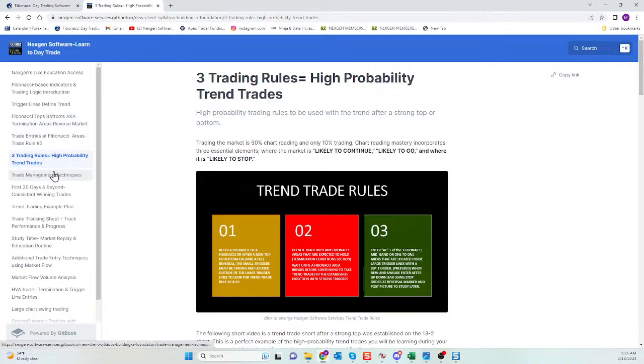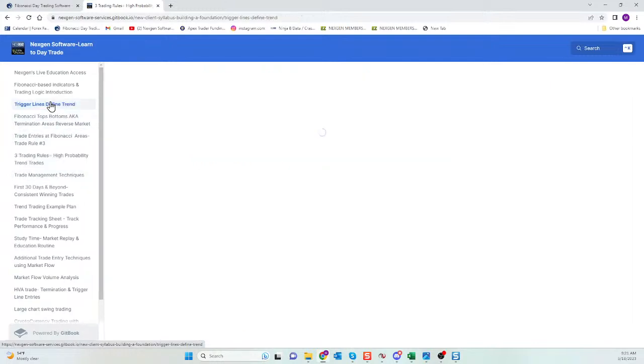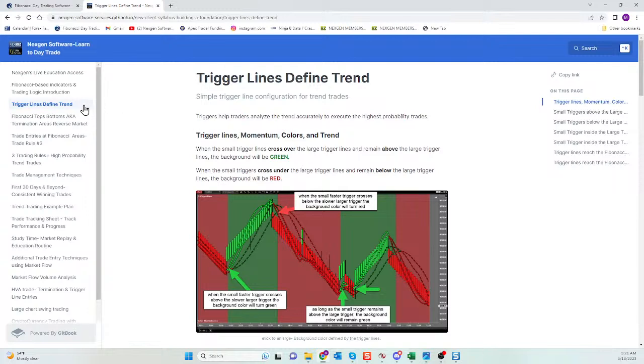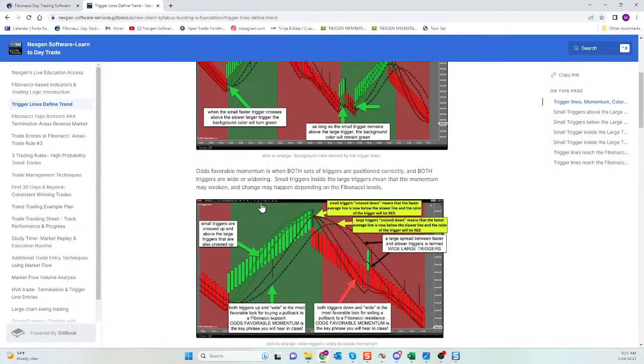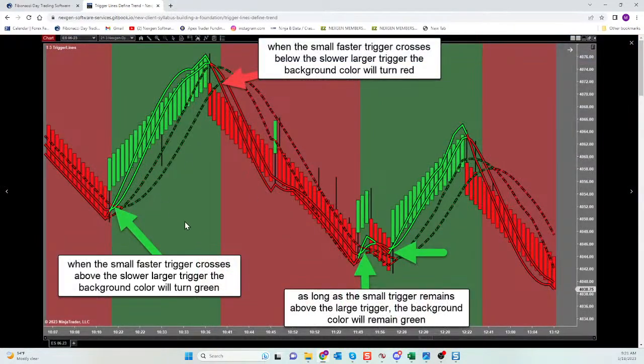So guys, let's break down the high probability trend trade. It's 3 rules. Starts with the trigger lines. And you may notice if you see me do this every day, John didn't even put the rules on here, right? We're just going to talk about what is it. Everything starts with trigger lines. And I mean everything starts with trigger lines. Trigger lines are going to define your trend. 2 parts to your triggers, guys. Small triggers, solid lines. Large triggers, dashed lines. Easy peasy. When the small triggers go above the large triggers,